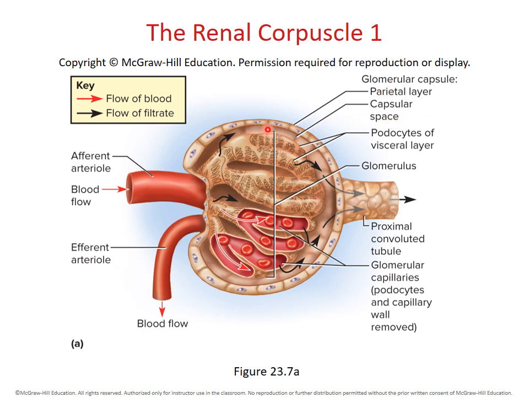Notice, just as a preview, the filtrate doesn't remain here. Of course, that's a limited space, and filtration is occurring constantly. So as filtration occurs, pressure builds up, and that forces the filtrate to move into a tube that drains the glomerular capsule, and that tube is going to lead to the tubular portion of the nephron,